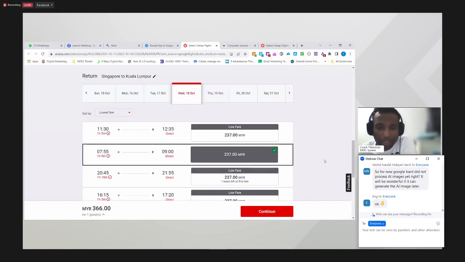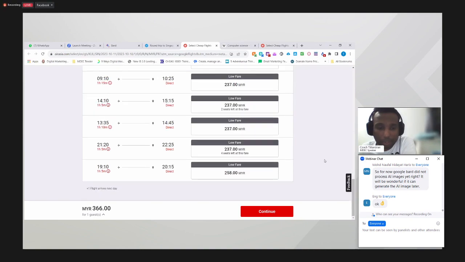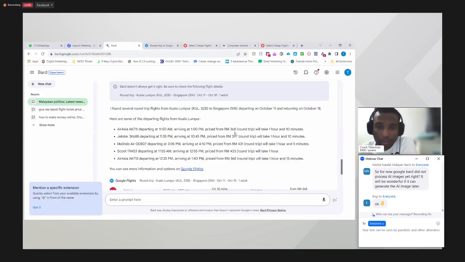When you select, pre-select, it will come to the price of 366. Nampak tak, guys? It was about 368, so it's almost the same price. So this is the price. Searching for flight tickets is way easier now.